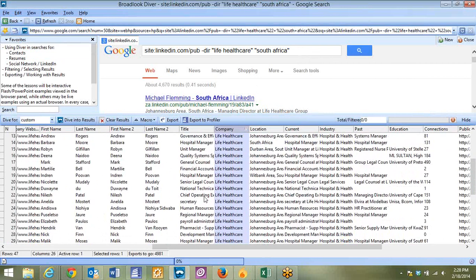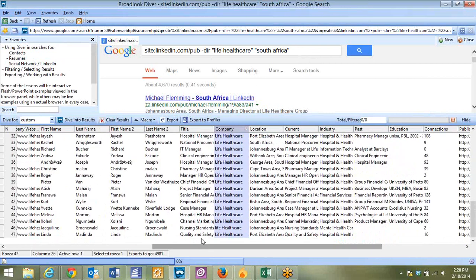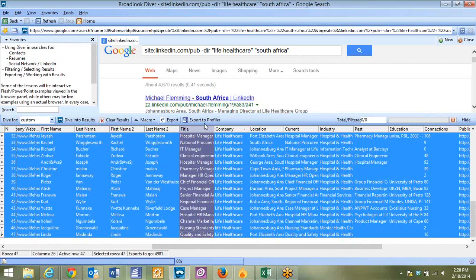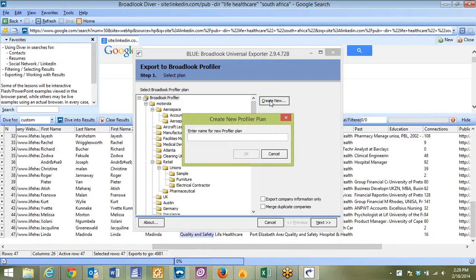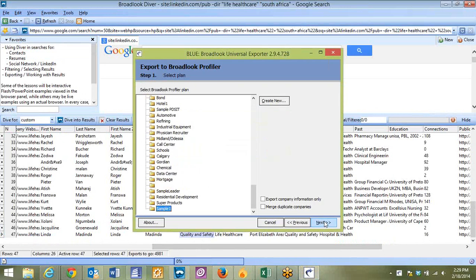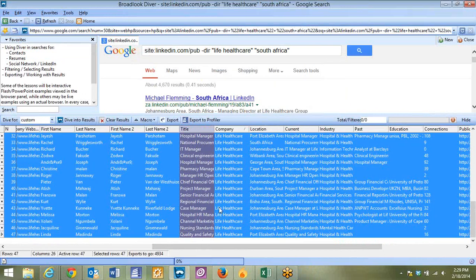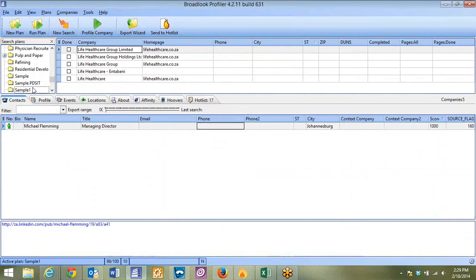So what we do with all these contacts is export them to the profiler. The reason we do that is because we know that the profiler can locate emails, phone numbers, and things. So I'll just create a folder that I can dump all these contacts into. And now they're in the profiler. It is that simple. I go to the profiler,